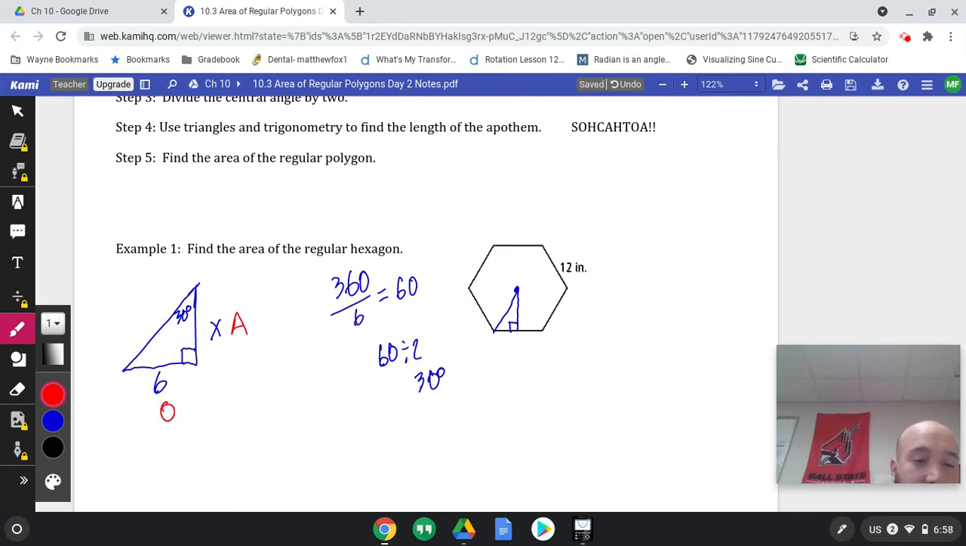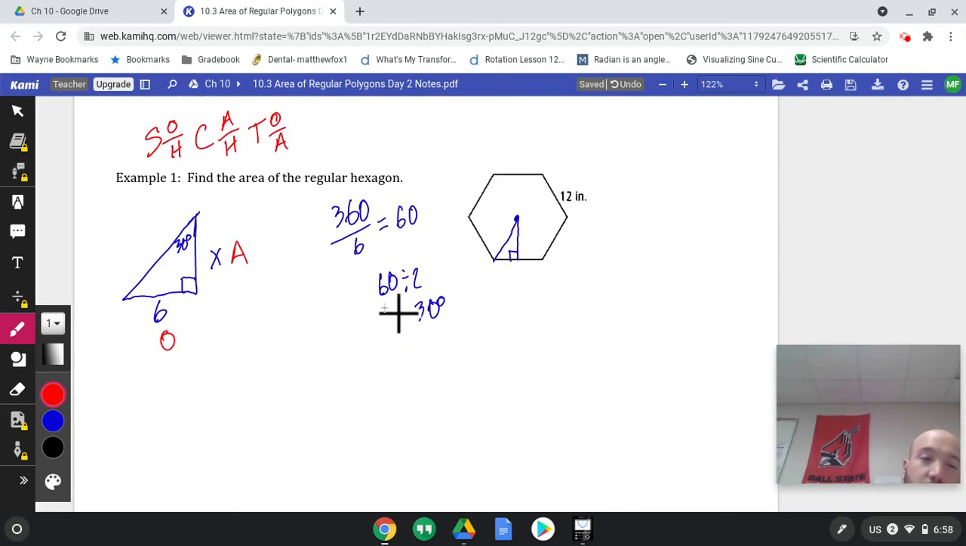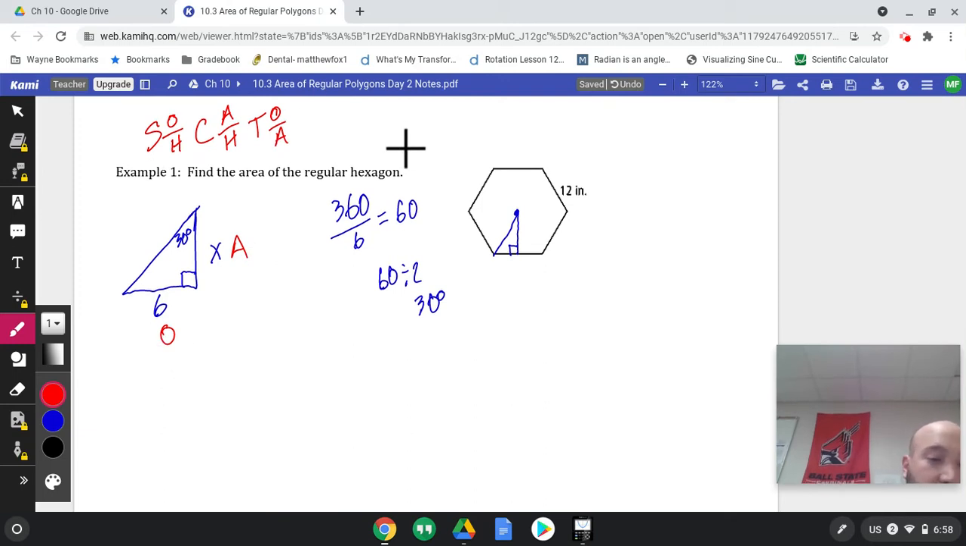O stands for opposite, the opposite side. So 6 is opposite. So we have an O and an A. Hopefully you remember SOHCAHTOA, but if not, SOHCAHTOA. With an O and an A, we are going to use the tangent, TOA. So to solve this, we do the tangent of 30 degrees, that's our angle there, divided by 1, equals, now it's TOA, O over A, so 6 over